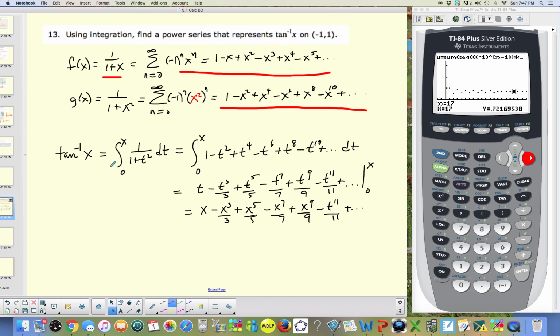Now tan inverse is actually the integral from 0 to x of this expression, 1 over 1 plus t squared dt. Again, this is a dummy variable I have to have. Well, I can replace this with the power series, and I go through term by term integration, and from 0 to x, and then I get this. And this is the power series representation